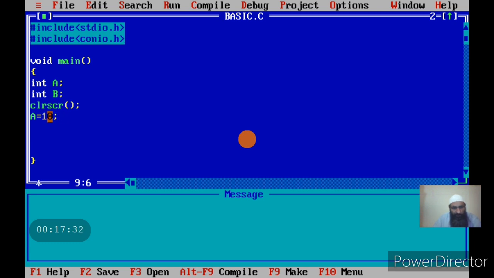This is the value, and this value should be a constant. Constant means it can be a number. Right now in this case, because A is of type integer, so this constant should be an integer constant. Is it clear? If I have a character variable, that should be an alphabet, and if we have a float variable, that constant can be a decimal point value or a number without a decimal point.